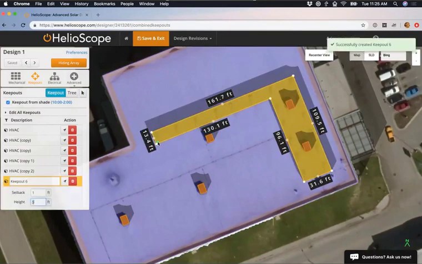Now you see as soon as I finish that shape, it is going to copy over that same height and setback from what I did before. And this works all the way across HelioScope. So if you are designing a field segment, if you're designing a keep out, if you're designing a wiring zone, we're going to copy over the previous values from the one that you were designing so that you don't have to re-enter them every single time. In this case, though, I just want this